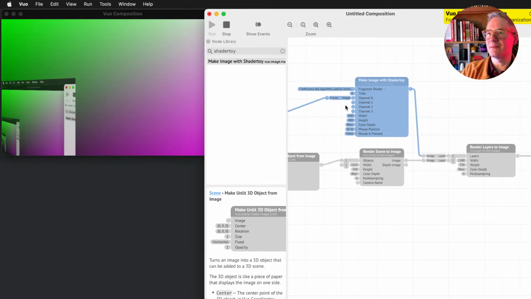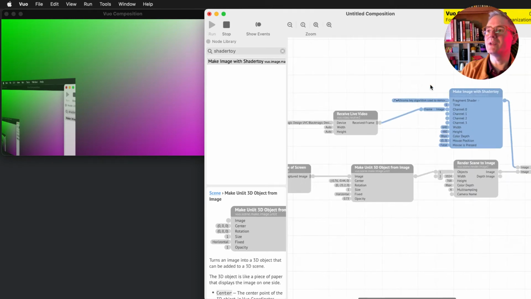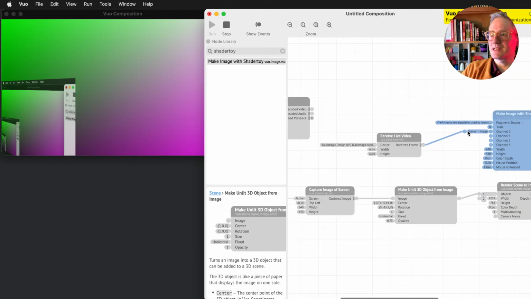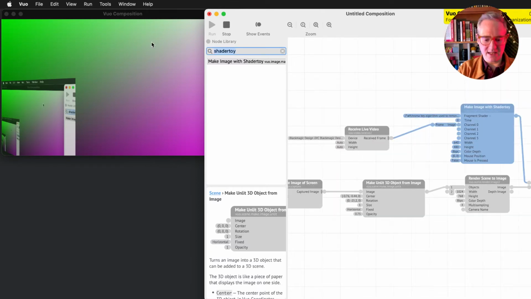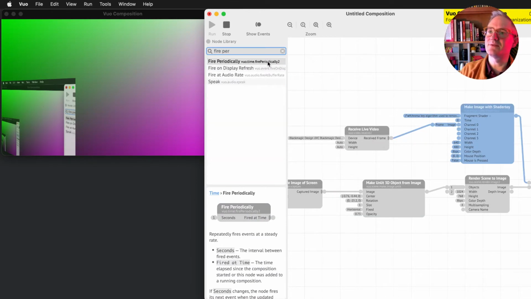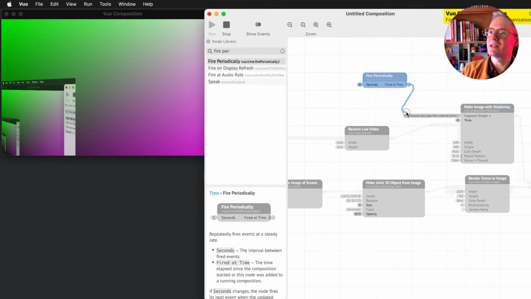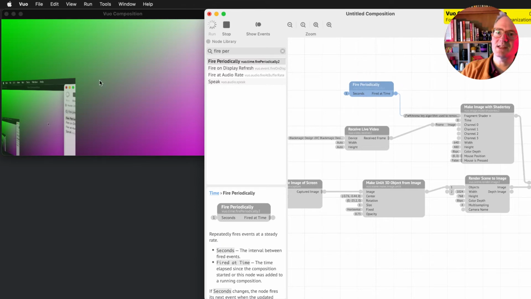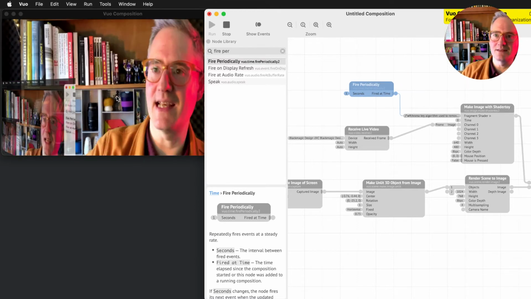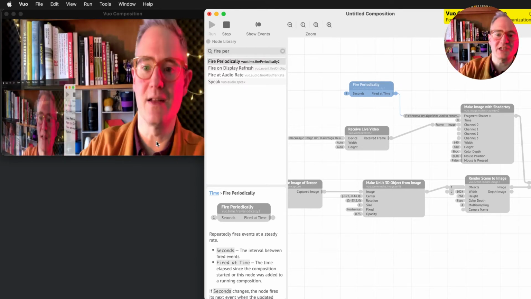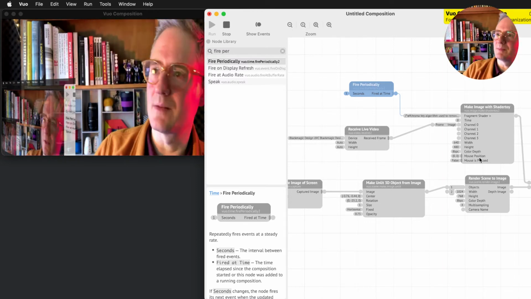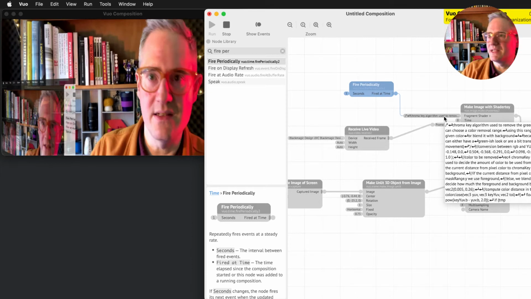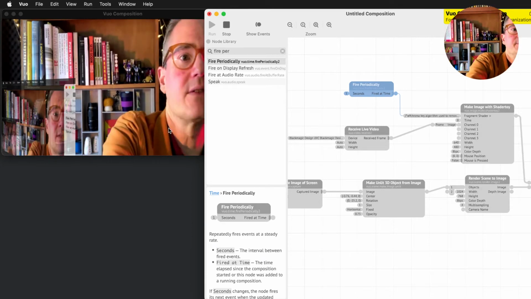First thing that happens is, we didn't load the shader. So I'm going to make a fire periodically event that fires every 1 second. It will keep loading it every second, but it won't be reloading the shader onto the GPU 60 times a second. So this lets us edit it a little bit, but usually you just figure this out and then you'd be done. So if we go back to our green screen,